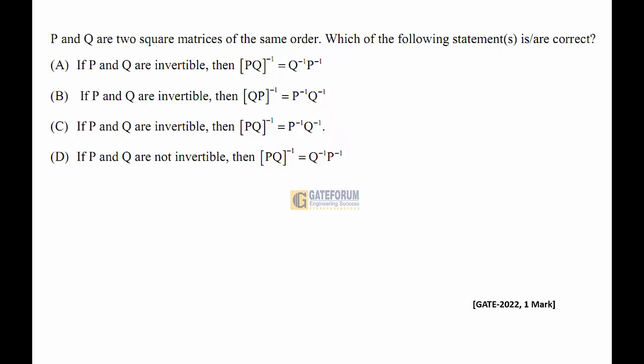So the question is, P and Q are two square matrices of the same order. Which of the following statements is or are correct? This is from engineering mathematics, from the topic linear algebra basics. So the solution is,